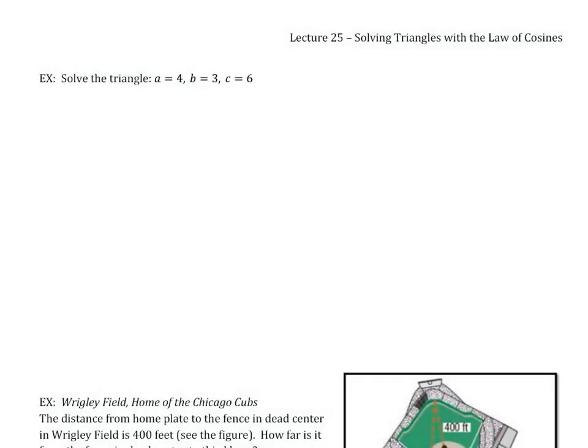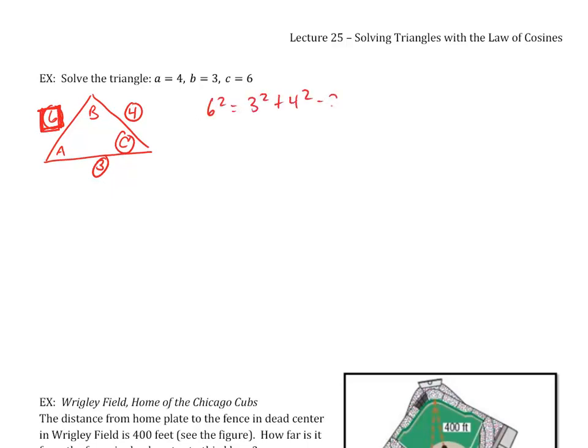Now this example, as you can clearly see, is going to be a side, side, side. We know that across from capital A will be a 4, across from capital B will be a 3, and across from capital C will be a 6. So let's start with these 3 right here. So I put a box around that so you can tell what I'm talking about. So you get 6 squared is equal to 3 squared plus 4 squared minus 2 times 3 times 4 cosine of the angle C, which gives me